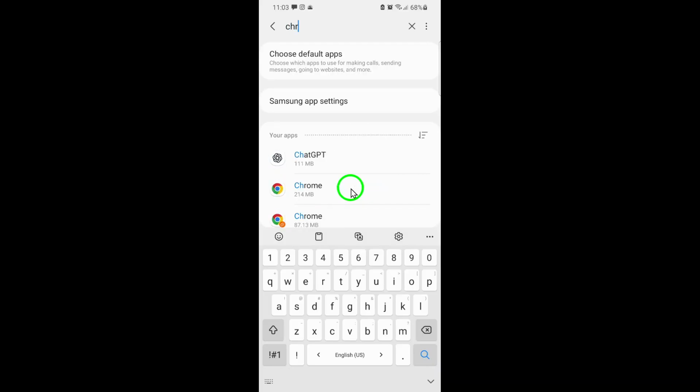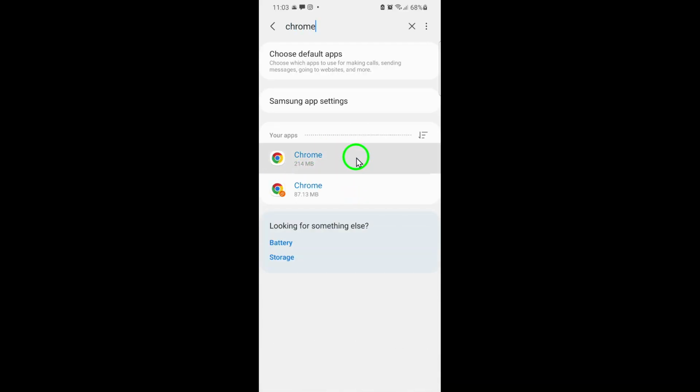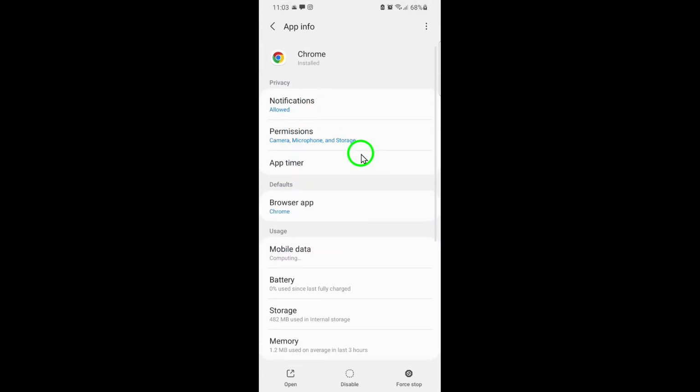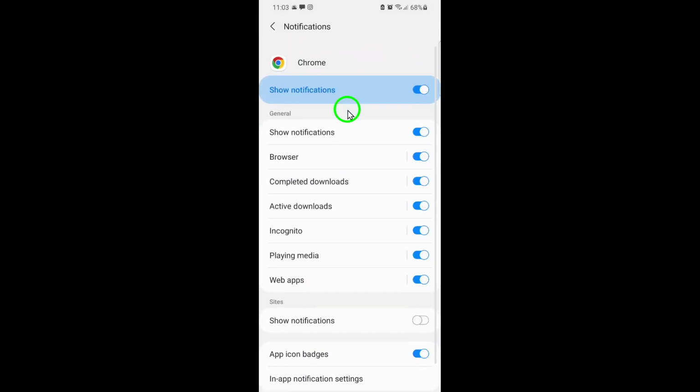This will open all the individual settings related to Chrome, including permissions, storage, and of course, notifications. For this tutorial, we're focused entirely on the notification settings. So, tap on Notifications. Inside, you'll see various categories of alerts that Chrome can send you. To take it a step deeper, tap on Notification Categories. This section breaks things down into more specific options, so you can customize exactly what Chrome is allowed to notify